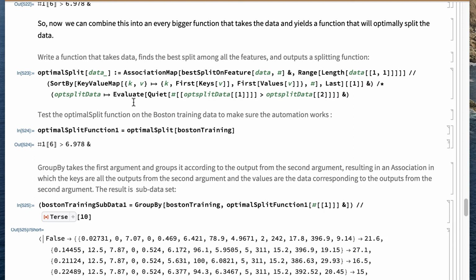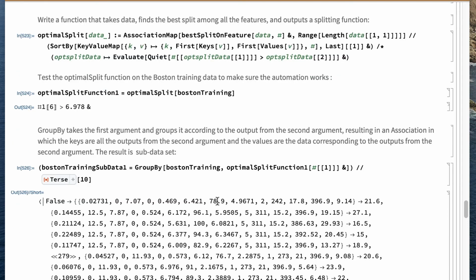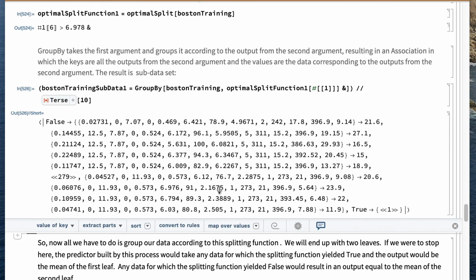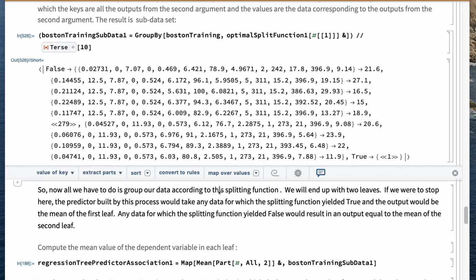So this is going to give us the same result as we just got, but it's automated. Okay. So now we have ended up with 2 leaves, right? The leaf where the nitrous oxide condition was false,